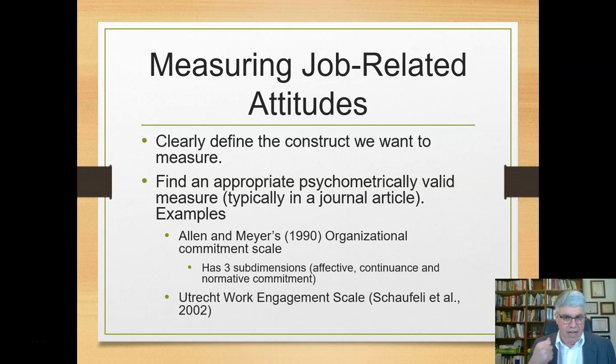They said there's an affective commitment. That's how much you like an organization. There's a continuance commitment. That's how much you need to stay at an organization, how much you need to continue there. And then there's the normative commitment. That's like the social norms or the other norms that you feel are causing you to stay there because it's the right thing. And if that was the type of organizational commitment that you were interested in measuring, you would want to use Allen and Meyer's scale that they developed in this 1990 paper and is easily findable.